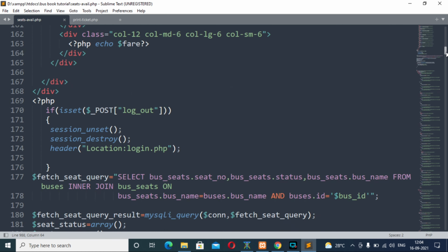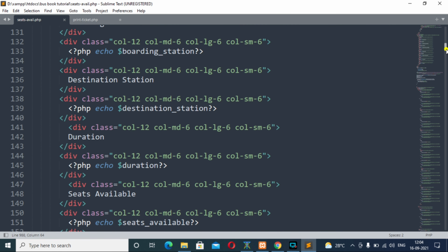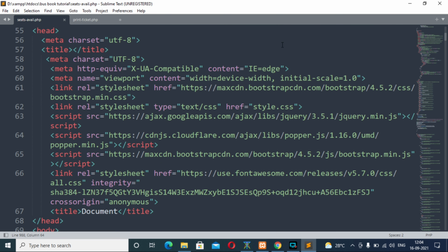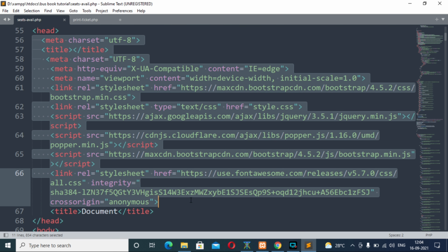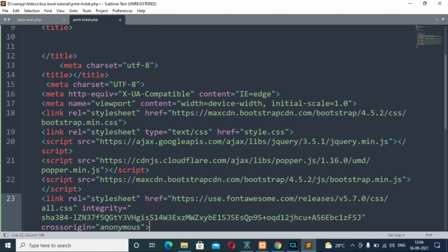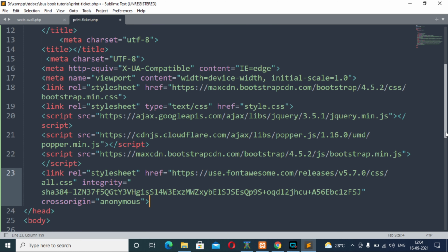So for this, come to the top of the sheets available.php file and copy this whole line of code from line number 56 to line number 67. Copy this whole line of code and put it inside the printticket.php file, at line number 13. So we have just done it.